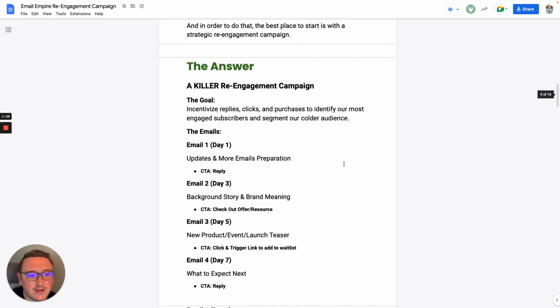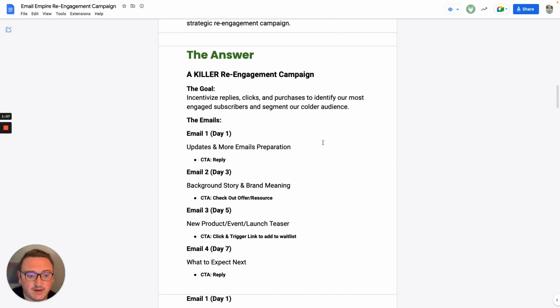So all of it starts inside of the re-engagement campaign here. And we've really got 3 goals that sit inside of this whole process. First and foremost, it's to re-engage and pull out people that we would call hyper-engaged, yeah? Second, it's to get them to link over to the offer, the resource, whatever it is that we're going to be talking about with them.